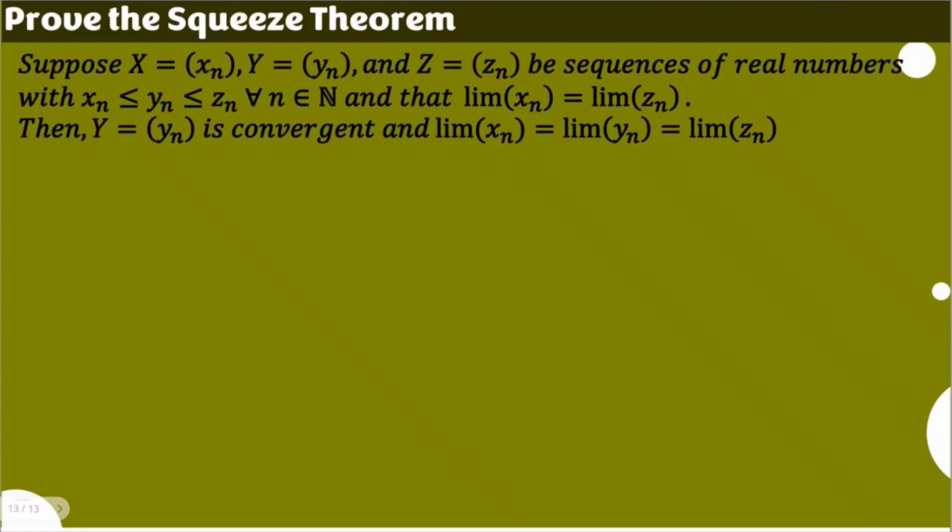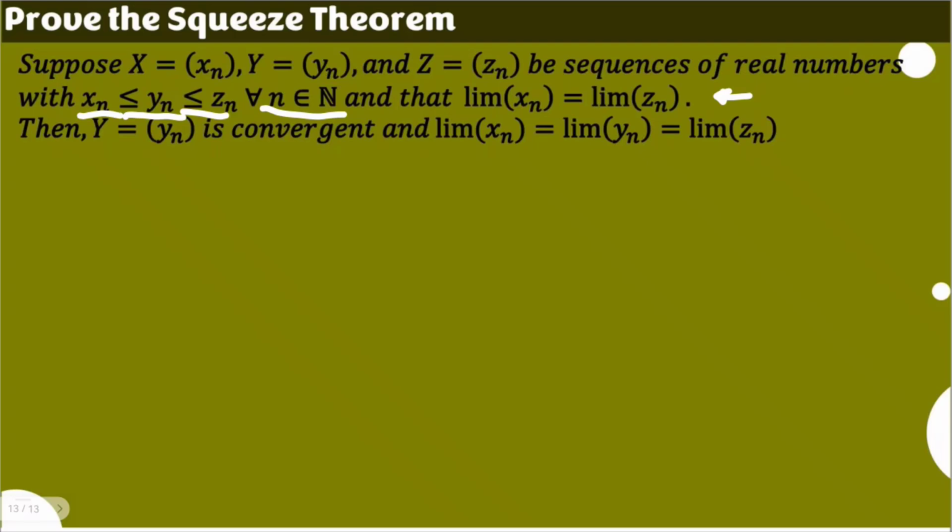This is the squeeze theorem. It states that suppose x is equal to the x sub n sequence, y is equal to y sub n sequence, and z is equal to z sub n sequence be sequences of real numbers with y sub n greater than or equal to x sub n but less than or equal to z sub n for all natural numbers n, and that the limit of x sub n is equal to the limit of z sub n, then